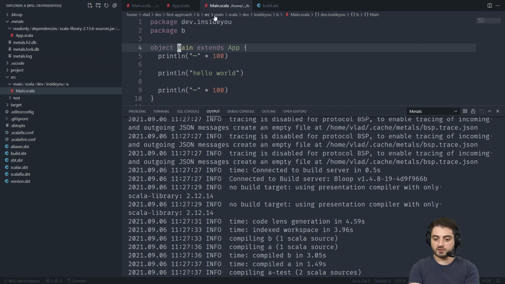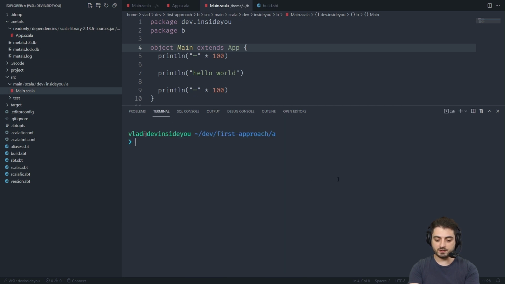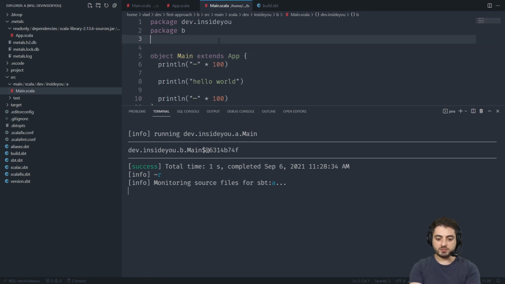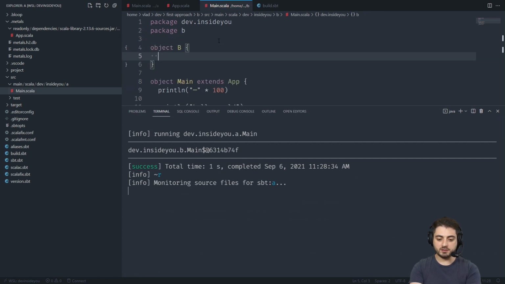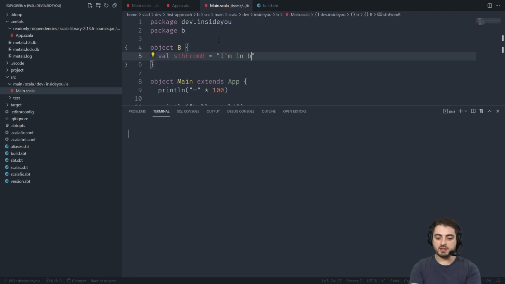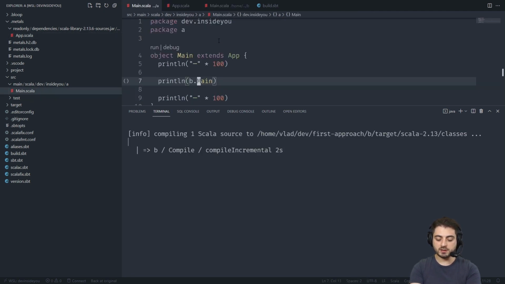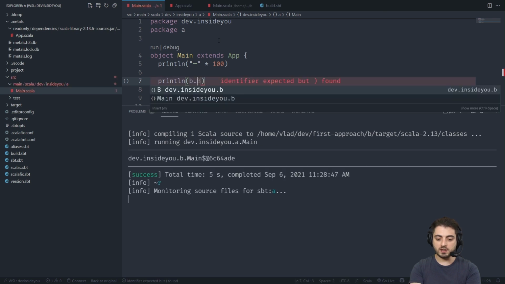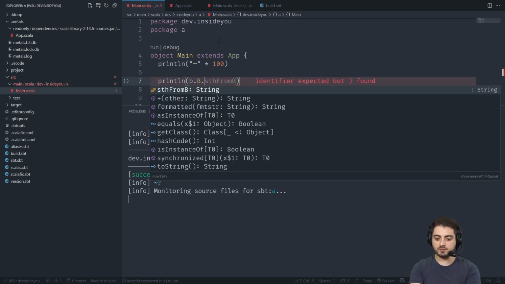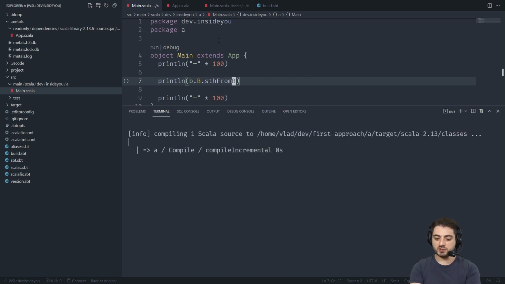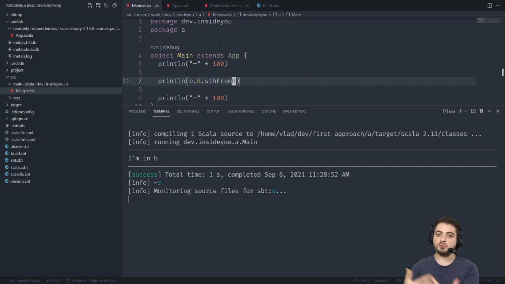So it is over there on my system, and therefore, if we go into SBT, for example, I reset VS Code, so we need to wait a second. So let's do a continuous run over here. And for example, I don't know, we could create an object B in here, and we could do something like val b = B like this, and we can go over here now, and we can just do B dot, and we should see the object B. So we have auto completion, everything works just fine. And notice that it obviously triggers the compilation of B because it knows that the dependencies are all there.